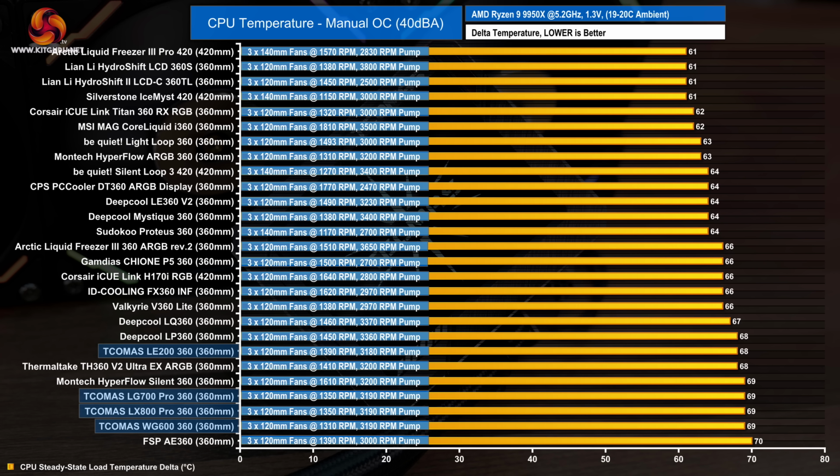Since the TCOMAS fans run at such high RPM, the fan speeds need to be significantly reduced to hit the 40 decibel noise limit, which means the thermal performance drops off so much that even the high-end models are sat at the bottom of the charts and beaten not only by competing premium products, but also coolers that are 3